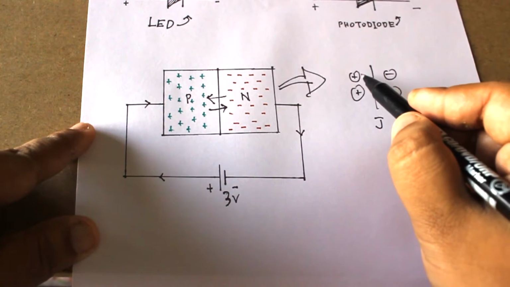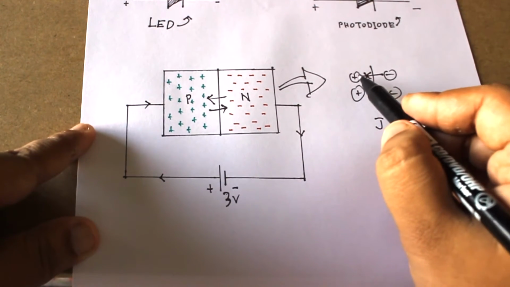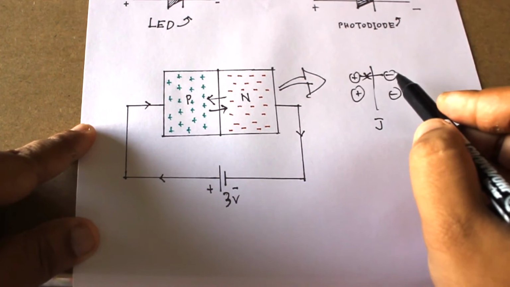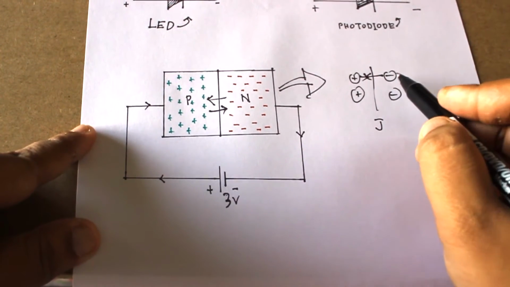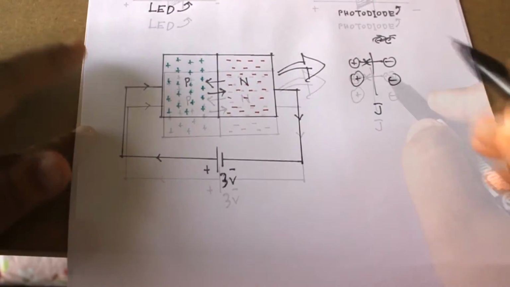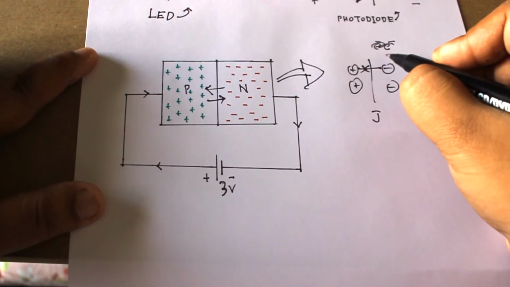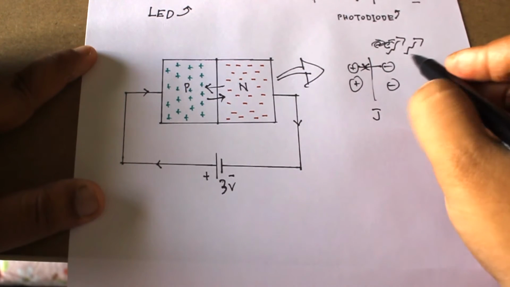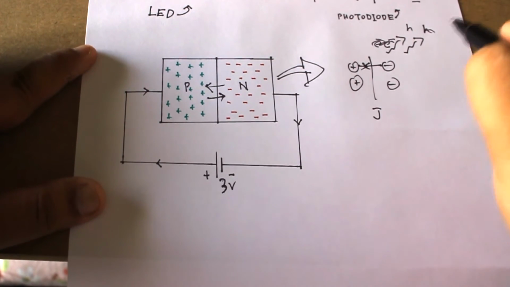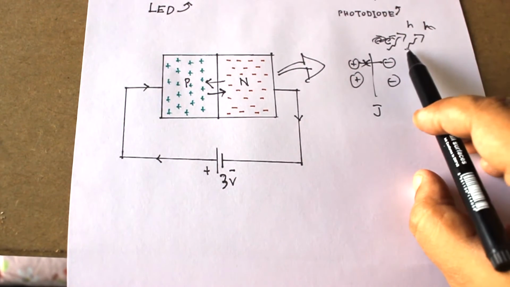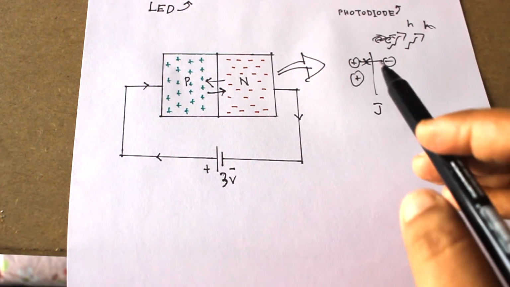Now as soon as I give some potential difference across the cathode and anode, the holes will try to go in this direction and the electrons will try to go in the opposite direction. So eventually they will recombine. You know that electron stays at a higher energy state than that of a hole. So the electron will be losing some energy before recombining with a hole. This very energy that the electron will be losing will come out of the diode as a photon. And the amount of photon and the energy that will come out of the diode will determine the color and strength of that light. So this is how an LED works.